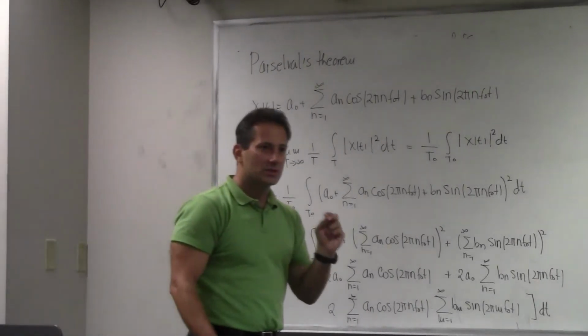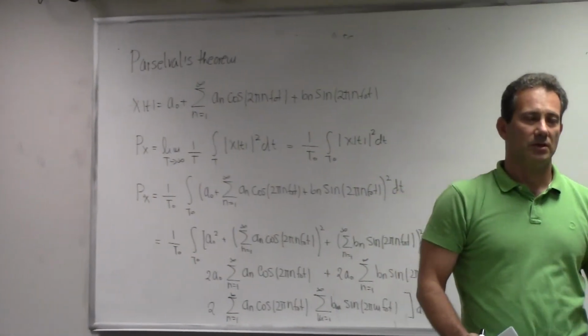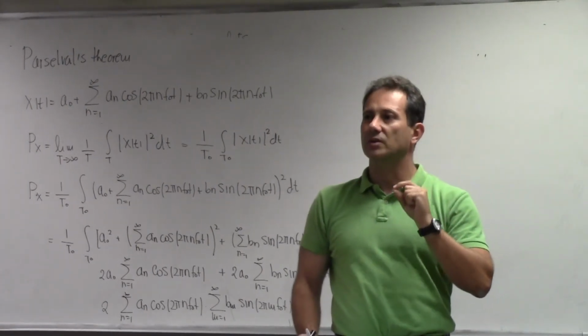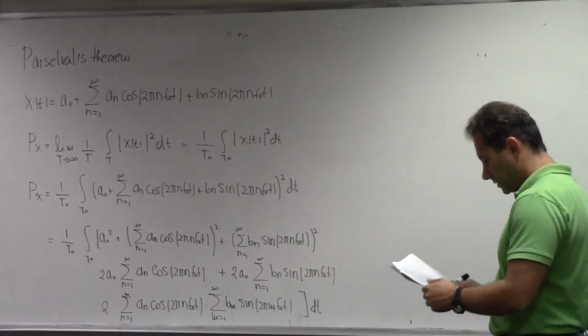We should not lose sight of what it is that we're doing. We're averaging over one period. So we're going to use that to our advantage because I know I'm averaging. If I know that the signal has a 0 average, I just get rid of it, right? So let's take a look at